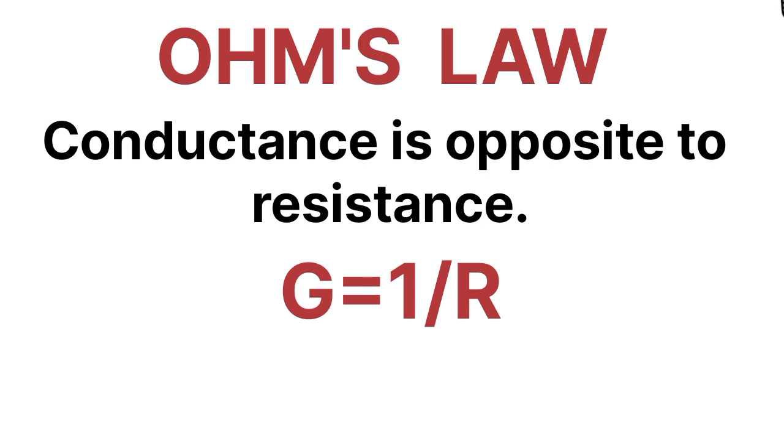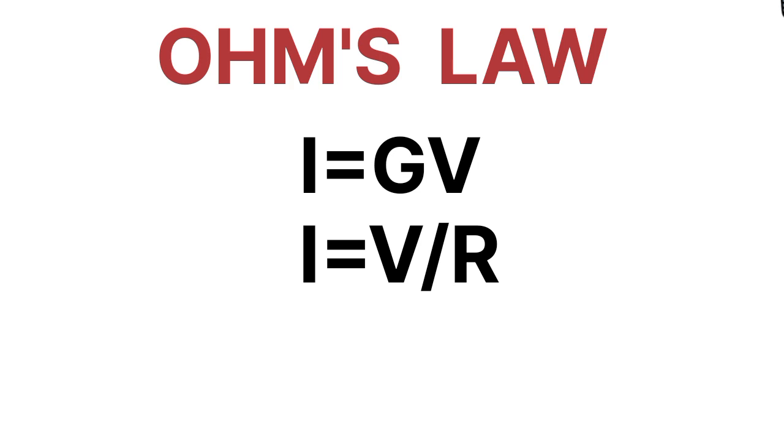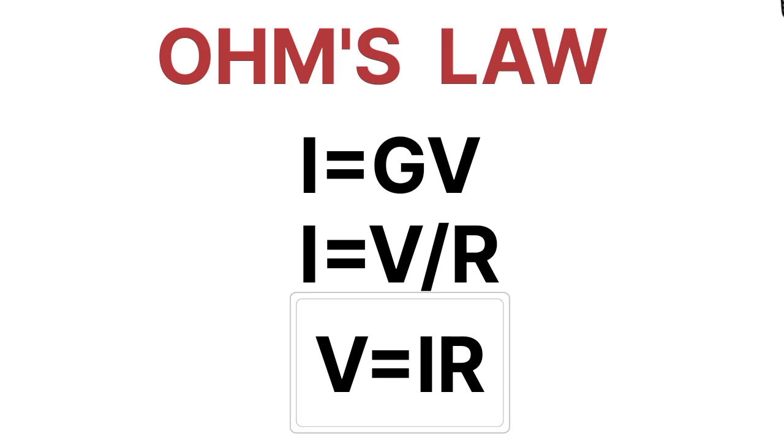After applying the formula G is equal to 1 by R, we get I equal to V divided by R. So V is equal to IR. This relation is most important. Why? Because everywhere in the numericals we are using this formula. Okay,